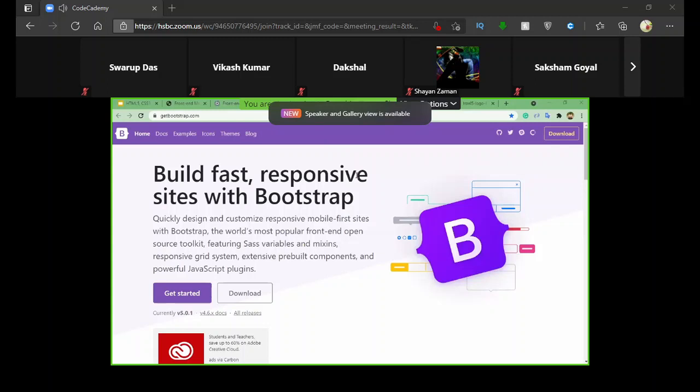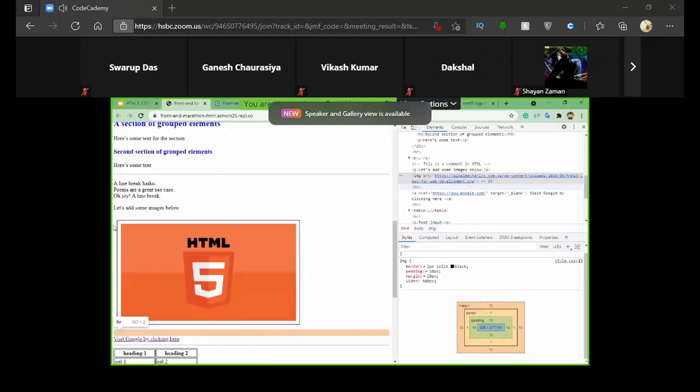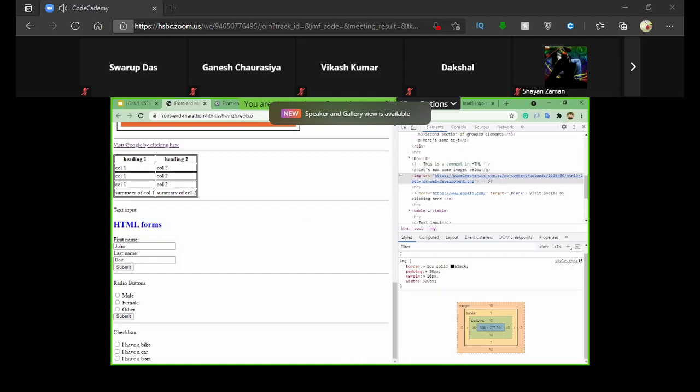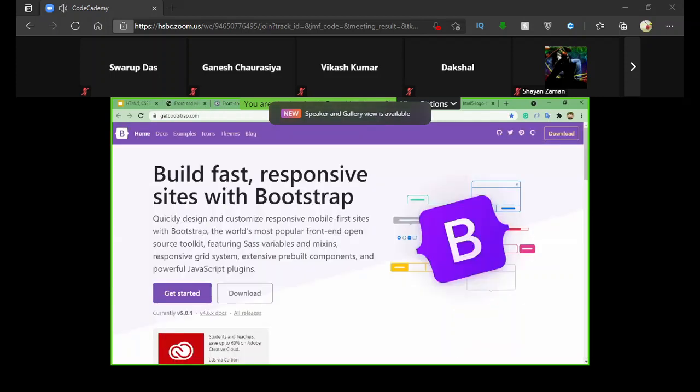So Bootstrap, how it is built is a bunch of developers has created a lot of coding files in such a way that we can use those. This form over here, we have this form in this HTML, right? But as you can see, the styling is very poor in our website. So if we want to include existing templates inside our own code, we use something called Bootstrap.